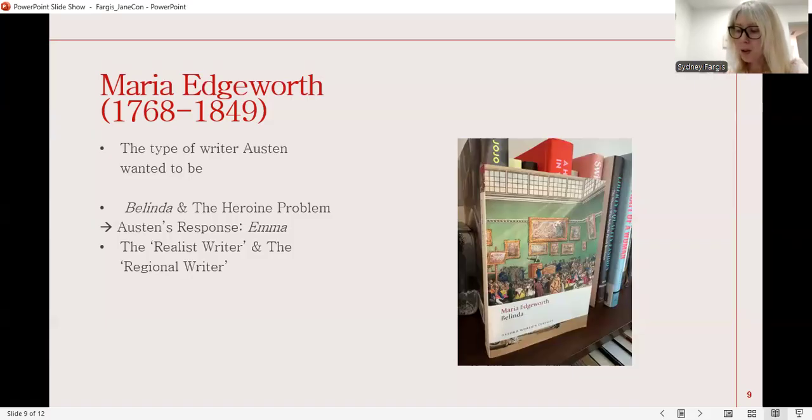Lady Delacour and Emma share both personality traits and certain plot lines. So, for example, conflict occurs as a direct result of mistakes they make concerning their friendship with naive Belindas and Harriets of the world. A copy of Emma, at Jane Austen's own request, was sent to Maria Edgeworth as a gesture of literary kinship. It would be incorrect, though, to view Emma as a carbon copy of Belinda, just as it would be incorrect to view Northanger Abbey as a carbon copy of the writing styles of Radcliffe or Lennox or Burney, right?